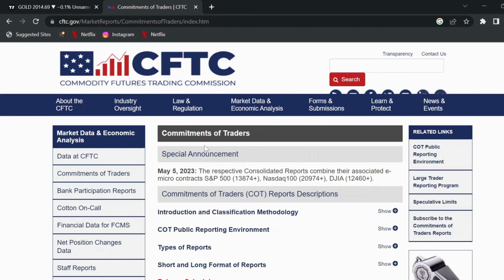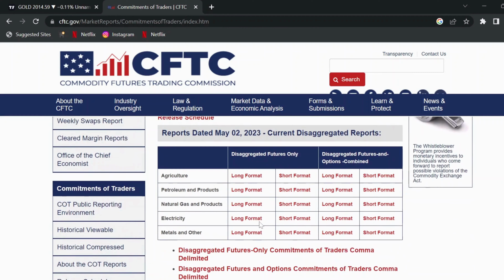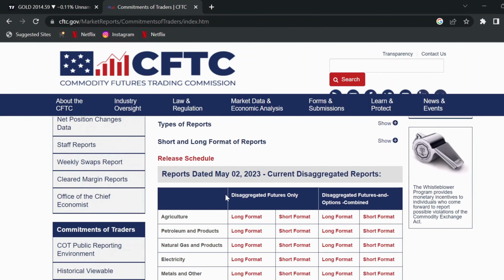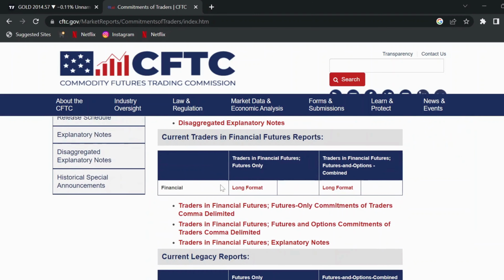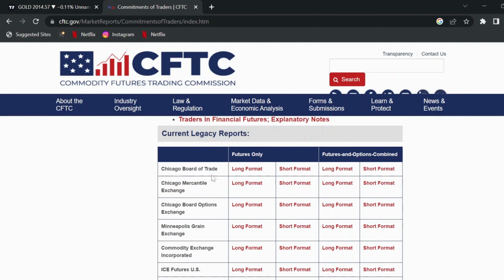You can see the latest announcement was on May 2nd. And scroll down up to where you see the heading, the current legacy reports. So under futures only,